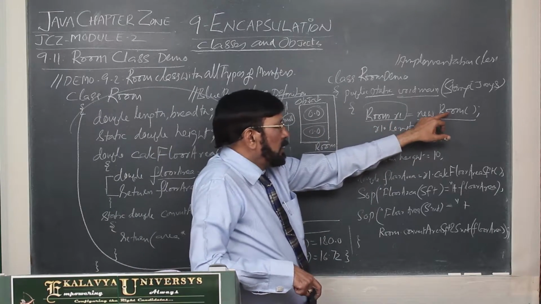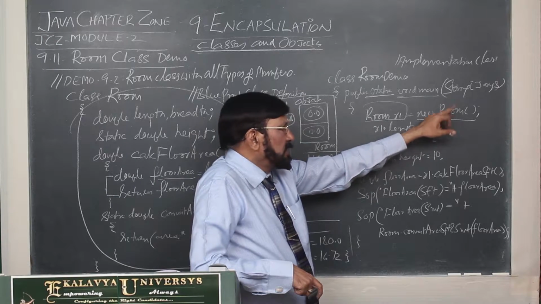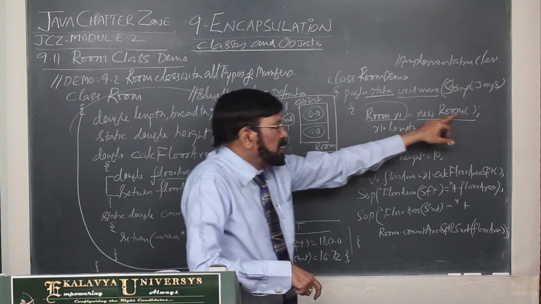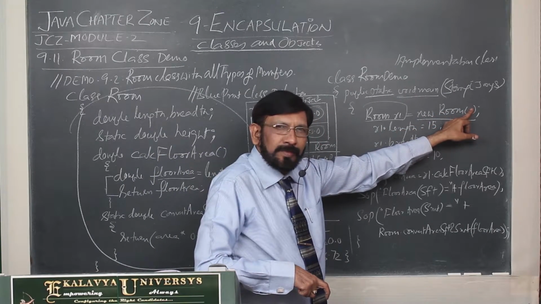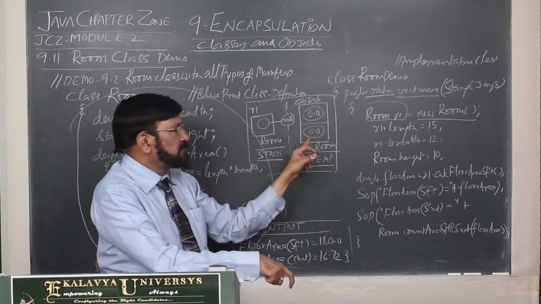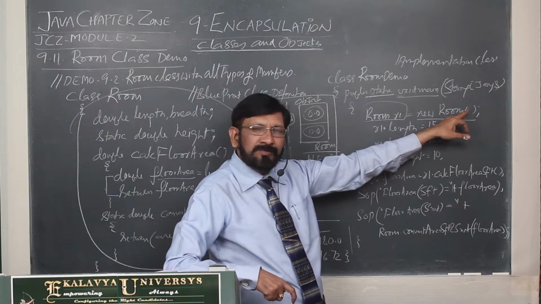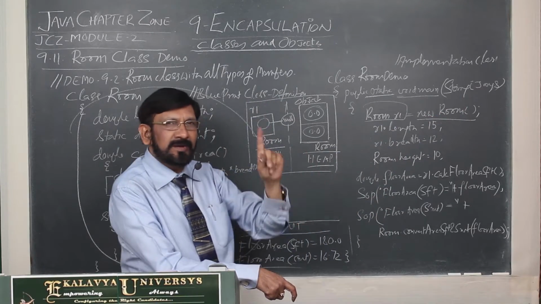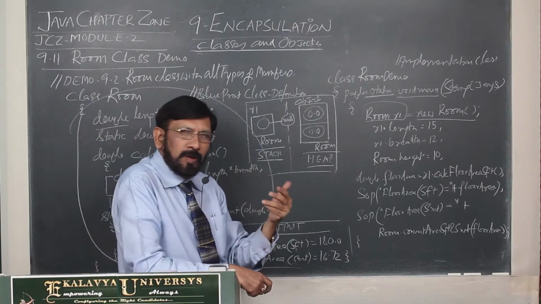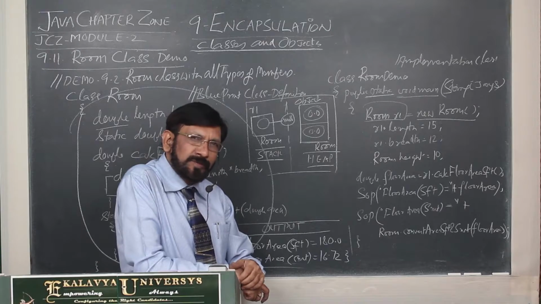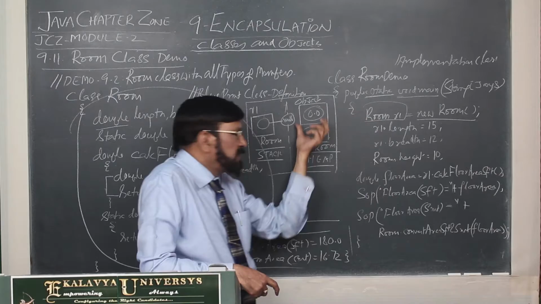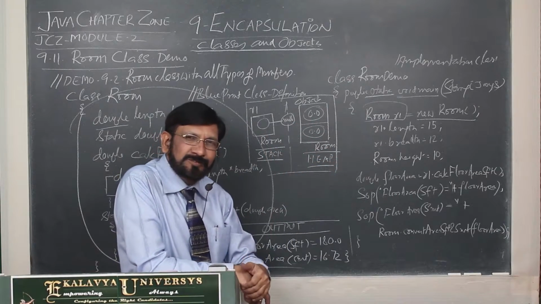So new calls the constructor, it initializes the object immediately, because here no values are given. If you give values, with those values the object is initialized, but we didn't give any value. Then it takes the default value of the type. What is the type? Double. What is the default value of double? 0.0. So the object is constructed with the default values.